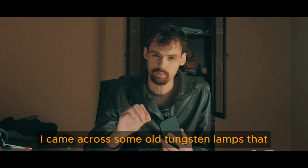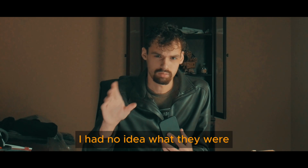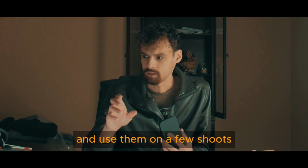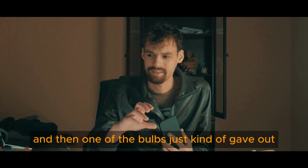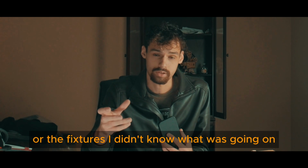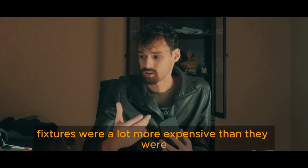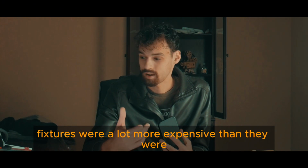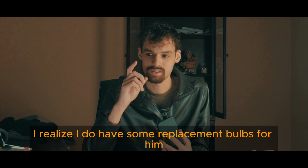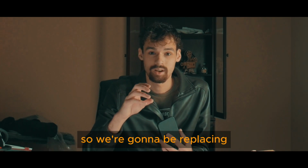A few years ago I came across some old tungsten lamps that I had no idea what they were, or anything about them. I barely knew anything about lighting at the time, and used them on a few shoots, and then one of the bulbs just kind of gave out, or the fixtures. I didn't know what was going on at the time, and thought that these fixtures were a lot more expensive than they were, and also thought that I didn't have any replacement bulbs. Well, today I realize I do have some replacement bulbs for them, so we're going to be replacing the bulb